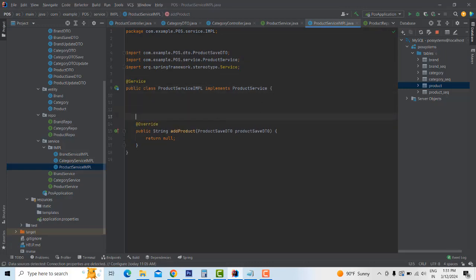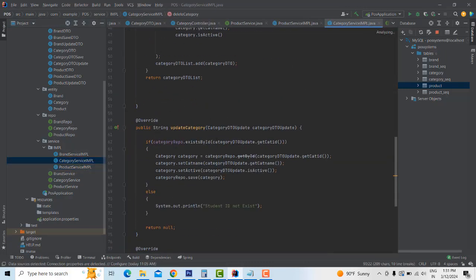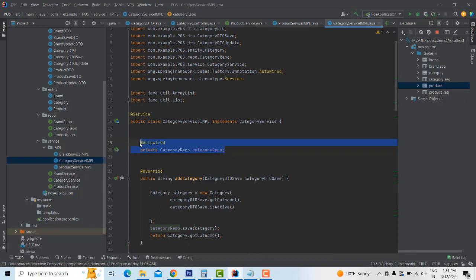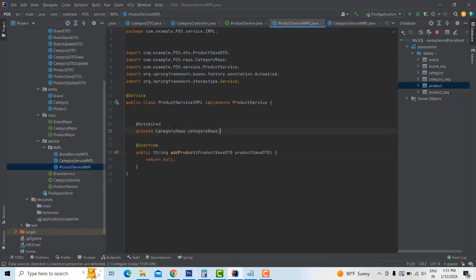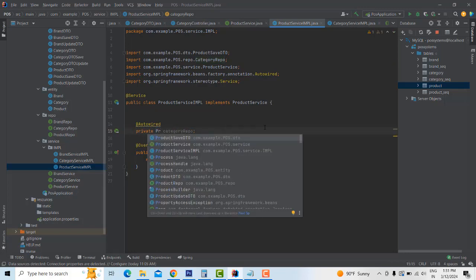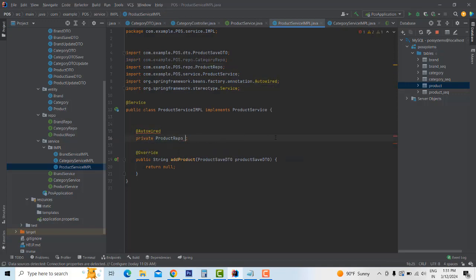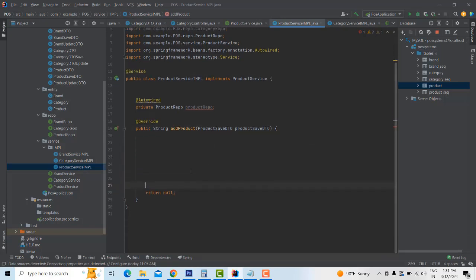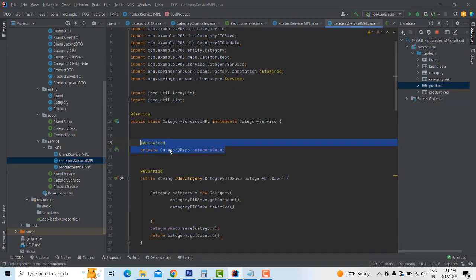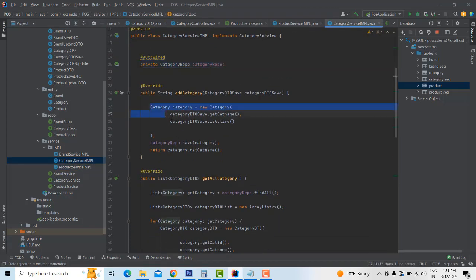Perfect. Now where the customer repo is, you have to write this: copy it, paste it over here. This one should be the product repo. Here also product repo. Right. So now here we receive the record. Now what you're going to do is add it into the database table. So we have to write the same as in category. What I did here is the same thing, I just copied,